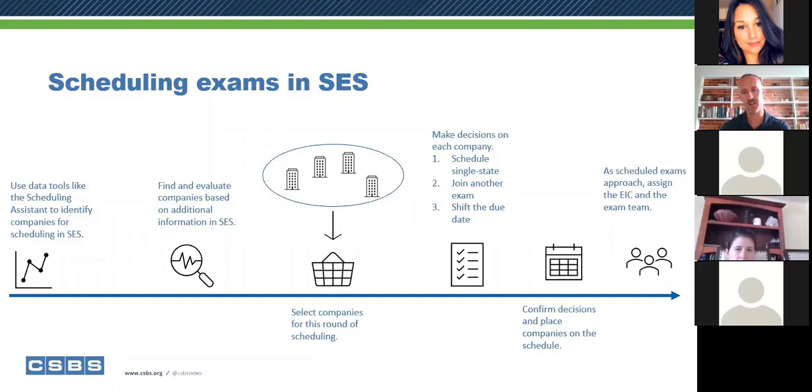Then the next step is to confirm those decisions, and that puts them on the schedule for your state. And if you had chosen to join another state's exam, maybe 5 of those companies, where you saw other state agencies had exams in the works or planned, and you decided you were just going to jump onto those exams with those states, you actually submit that request through the system. And you say, through the system, I'm from the state of Ohio. I'm interested in joining your exam, New Hampshire. Here are the people I want to participate. Will you accept? And if they accept your request, then that becomes a joint exam in the system.